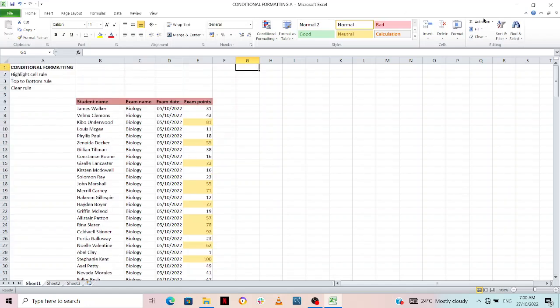For the top to bottom rule, for the clear rule and all of that, I hope I have picked all these parts for you. Yes, we are good to go. We have considered all of this. So once you leave this place, you sit down with your sample data. I could send some sample data to you, and then you try to manipulate it, you get around with it. You can get for sales, you can get for people in a particular district, you can get for the people that bought from Lagos, maybe you're an online business. This is the list of people that bought from Lagos. This is the list of people that bought from